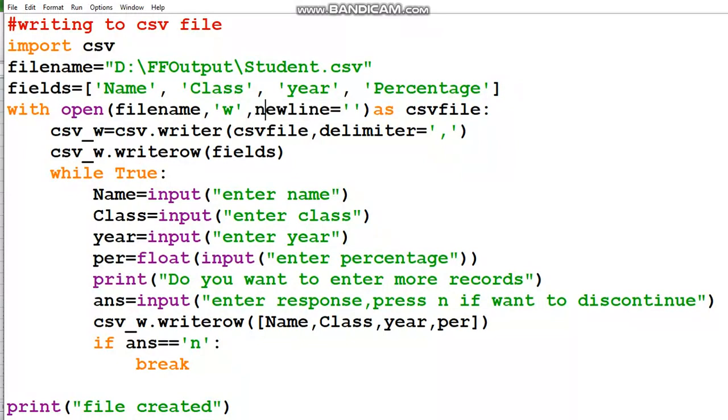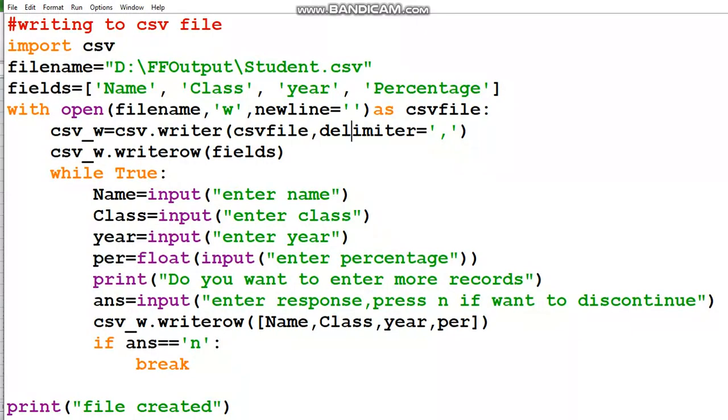We don't want that new line gap to be there, so we are filling that gap with an empty string. As we know, in the print statement in Python, when we write end equal to an empty string, a new line doesn't get created. Here also, when you write newline equal to an empty string, a record will not go to another new line.